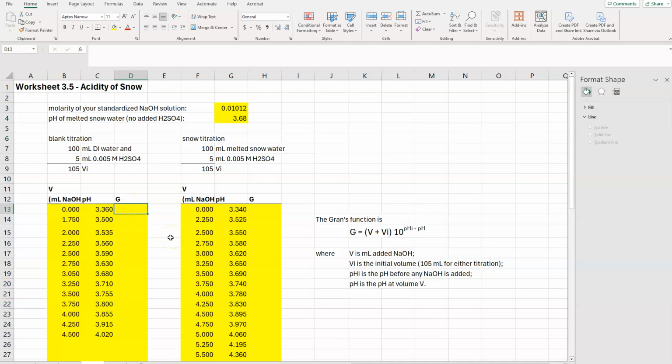I'm going to put in an Excel function here, equals, now I want it to be the volume plus the initial volume. Now, when I drag this down to calculate it for all the other points, I do not want it to drag down the VI. I want it always to take the VI from that same cell. So I'm going to put dollar signs into the cell reference to keep it from sliding down when I drag this cell. Times,